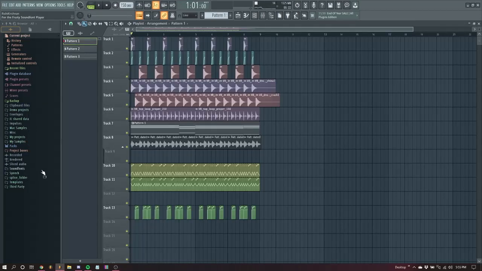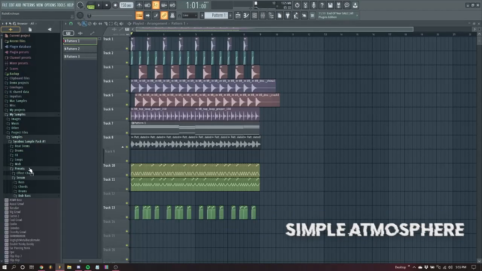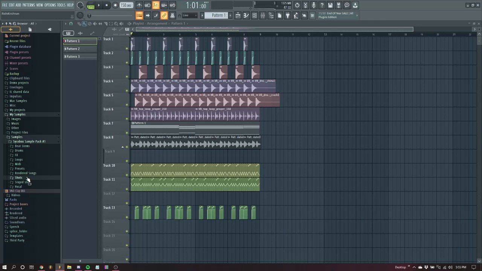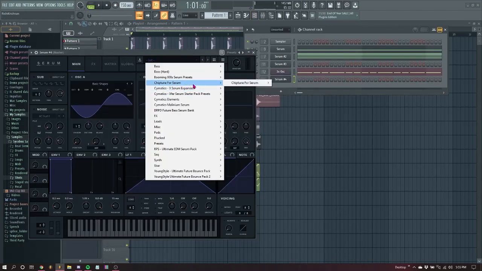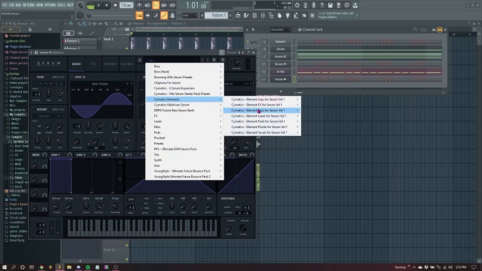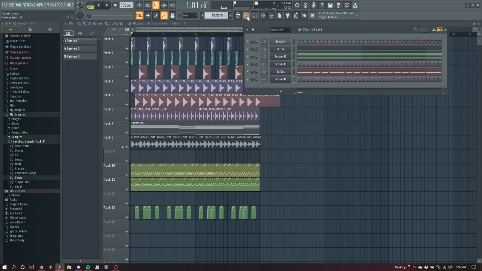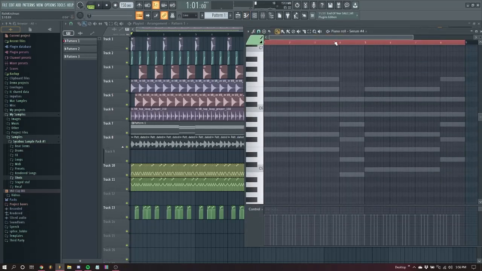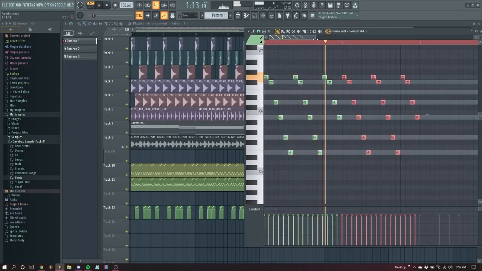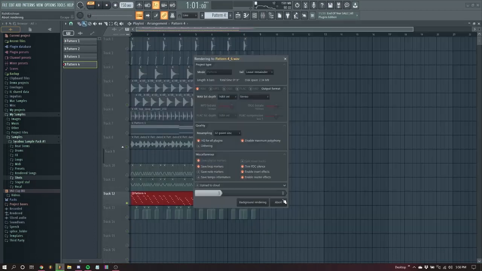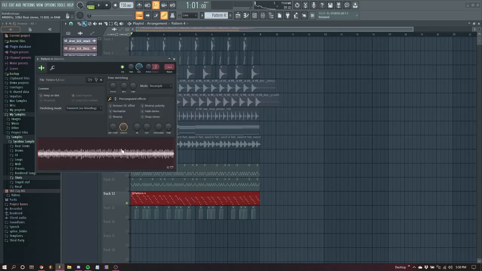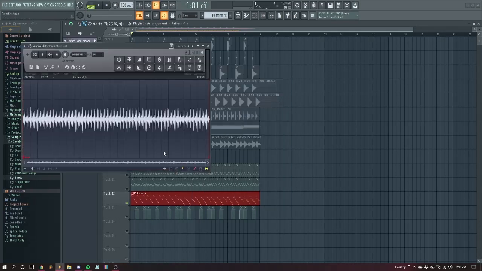Next thing we're just gonna add a simple atmosphere in the back. You can do this by making an ARP and putting it into Edison and putting blur mode. I'm just gonna show you guys how I do it. Let's try using a thing from Elements. That one's fine, yeah. And we're just gonna go and render that ARP we made. And we're going to Control E to open up Edison, and we're going to